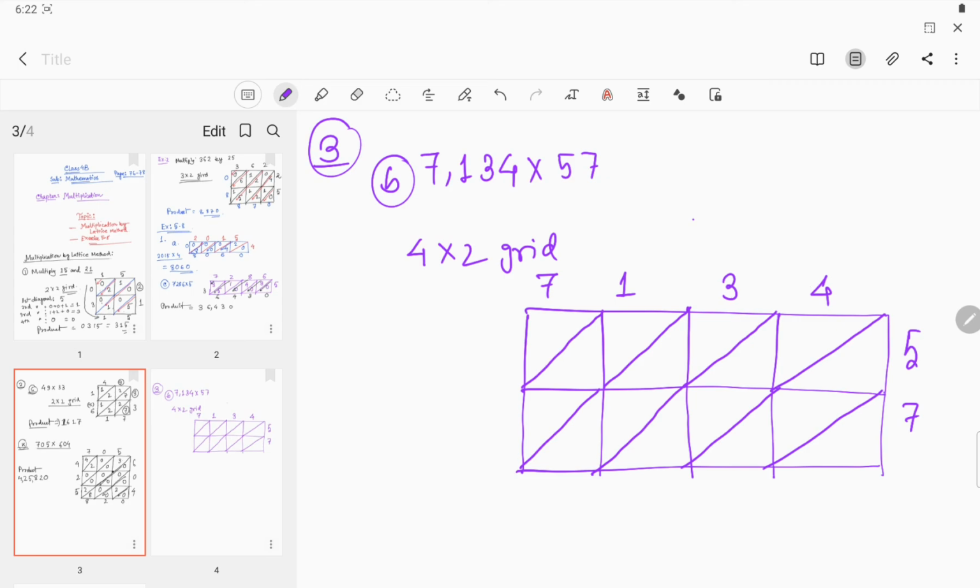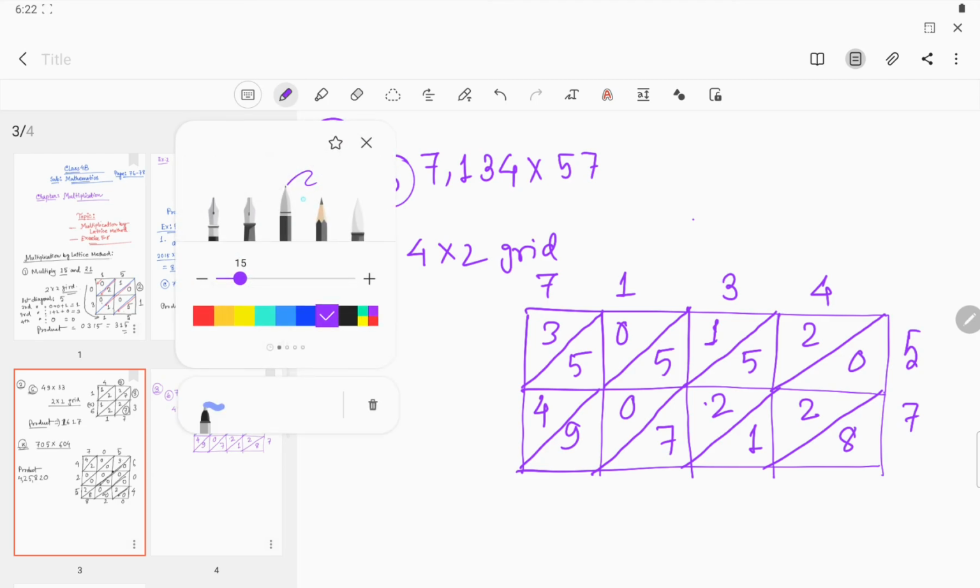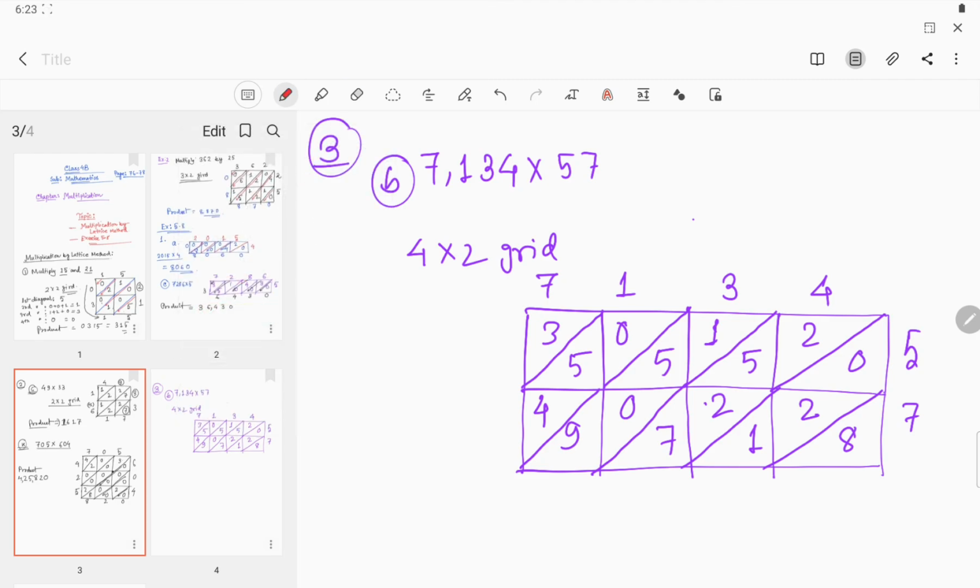5 5s are 25, 5 4s are 20, 5 3s are 15, 5 1s are 05, 5 7s are 35, 7 4s are 28, 7 3s are 21, 7 1s are 07, and 7 7s are 49. Now you know you have to do addition, right, along this diagonal. That is in your red color. If you add the numbers along the diagonals, you will get